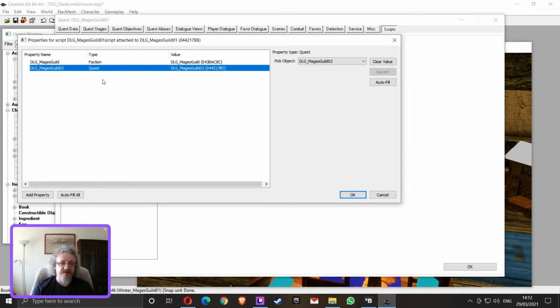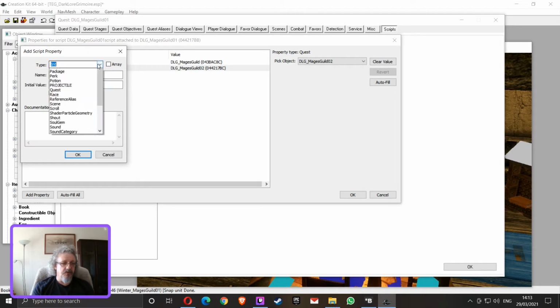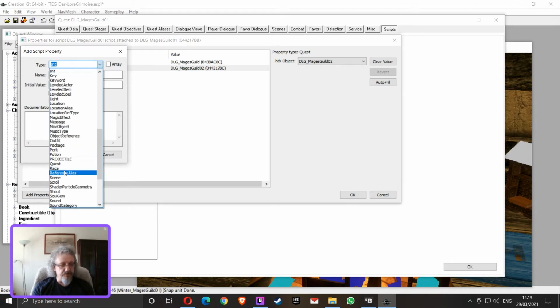So we add a type. Well, we go to there, we add properties, quest, and then you name the next quest. And then you link it to the next quest there, because the property name has to link to an actual quest, which is why you create the quest first. So we had a property, right? Like if I had property there, right, we want it on quests, so go down to quest,